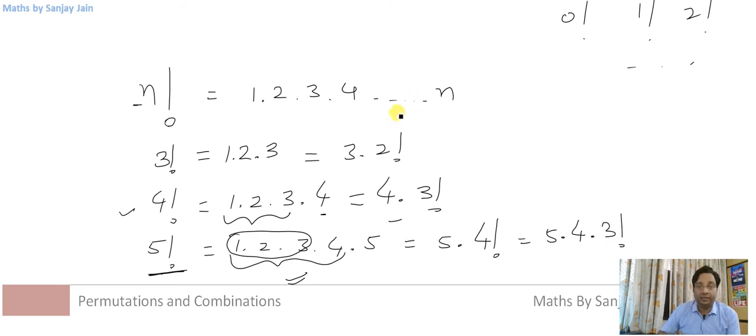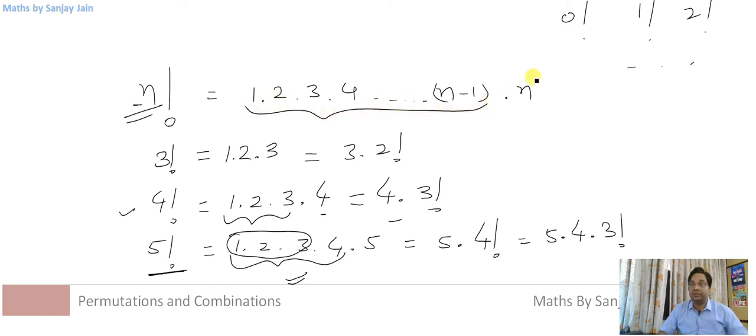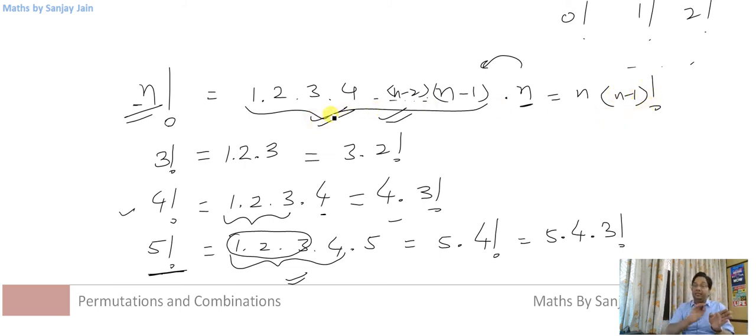Let me show it here with n factorial. So if I write it as 1 into 2 into 3 into 4 into up to, let us say, n minus 1, then n, this product is n factorial, right? So if you notice up to n minus 1, because before n there will be n minus 1, before this there will be n minus 2, right? So this is product of all these natural numbers. Now if I separate this n, rest of these can be written as n minus 1 factorial, because these are product of natural numbers starting with 1 and up to n minus 1. So n factorial can also be written as n into n minus 1 factorial.